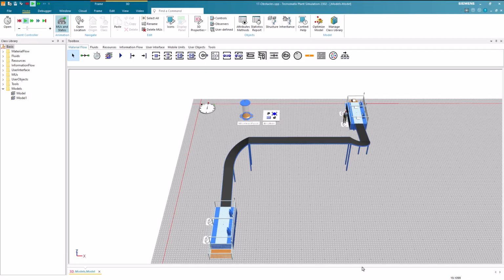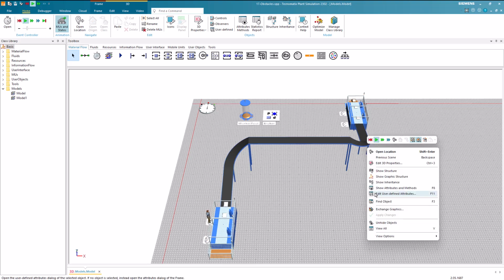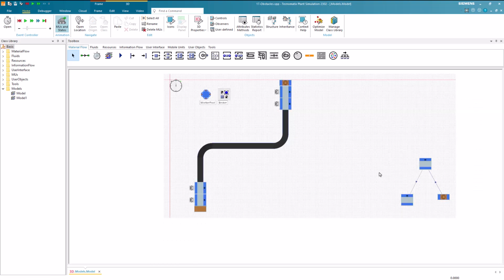In this video, we will look at obstacles when modeling with workers. Therefore, we will look at an example that is already prepared. In this example, we can see 4 workplaces at which the worker processes the parts. We have already prepared further stations, which we will now include to our model.